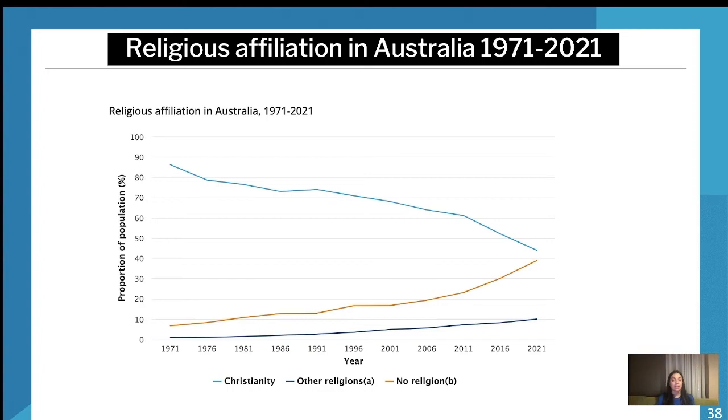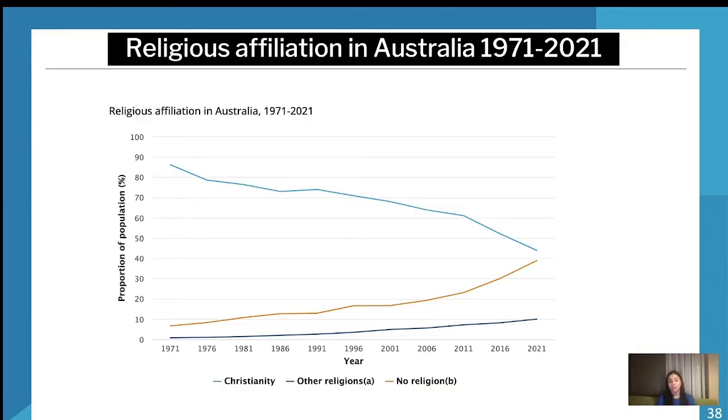So this was a graph that I found on the census data page. If you guys are struggling with the census data, it's actually pretty summarized on the census page. I tried to look for some notes to see if there were any online that were updated, because a lot of the SOR notes have the 2016 census, and that's what I wrote about in my HSC, because I sat my HSC in 2021. So the census data hadn't actually been released yet, and even last year students were still allowed to write about the 2016 data, and there's nothing wrong with writing the 2016 data, but you should be using the most recent one, which for you guys is all going to be 2021.